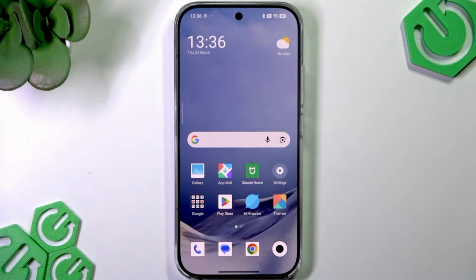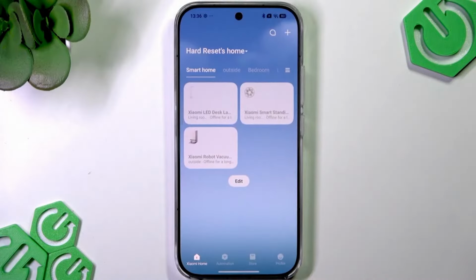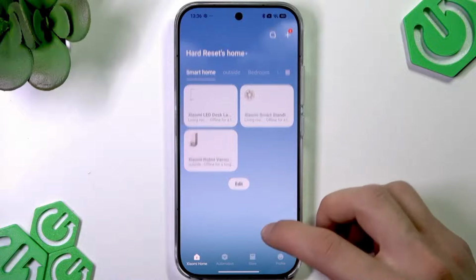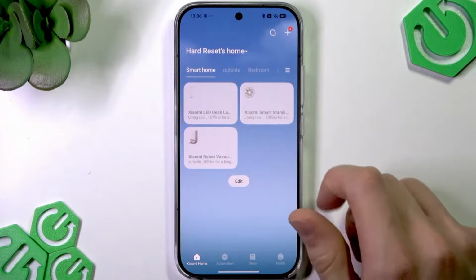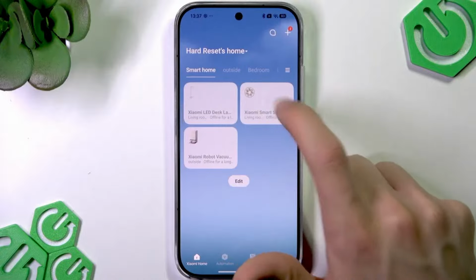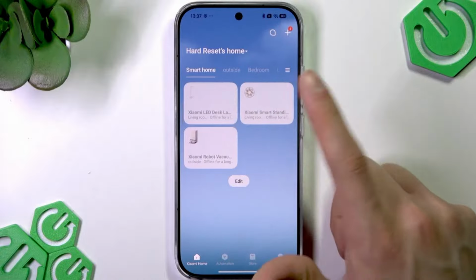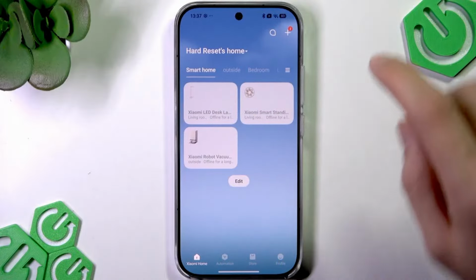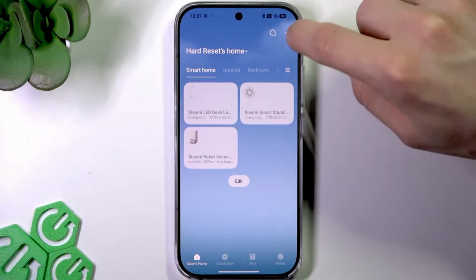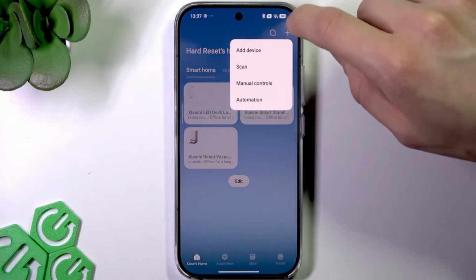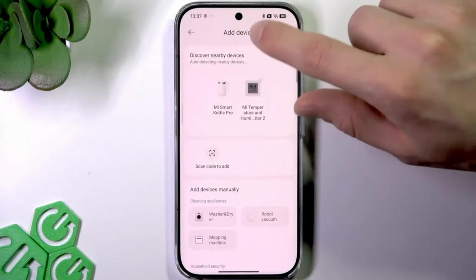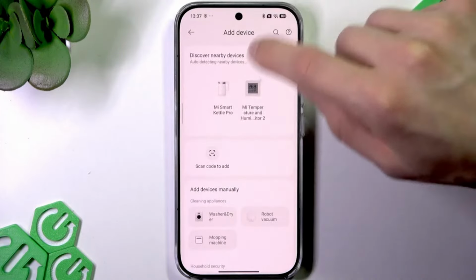So first of all, we're gonna have to open the pre-installed application called Xiaomi Home and then sign into our Xiaomi account in this app. Then you will see the smart home dashboard on the first page where you will soon see your other Xiaomi devices. And to add a new Xiaomi device, just tap this plus icon and select add device, and then either